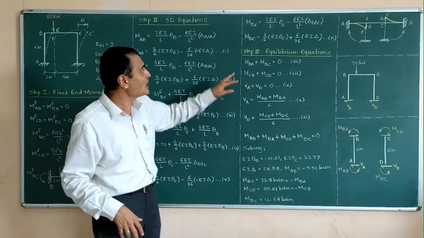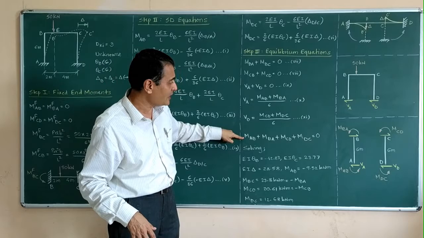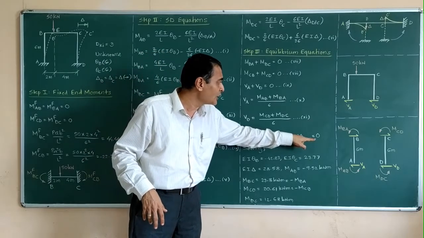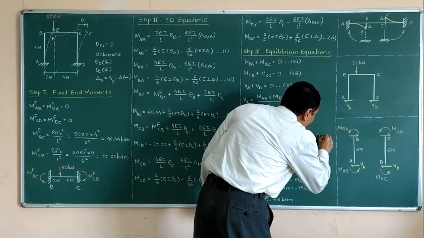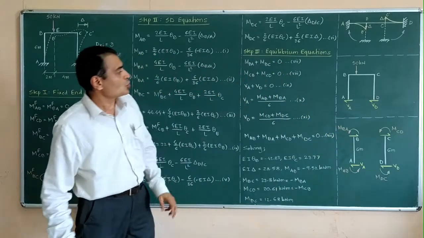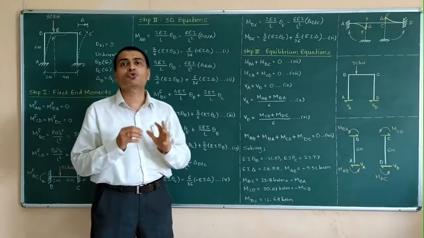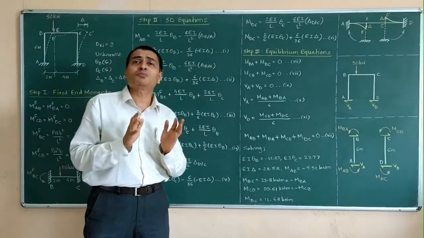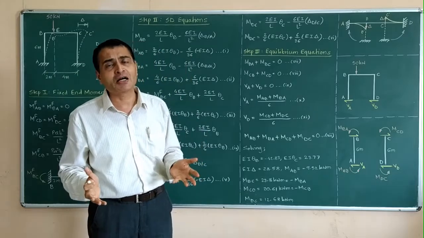In the same fashion, after writing these two equations, I will directly consider the equation here: M of AB plus M of BA plus M of CD plus M of DC equal to 0. Let us call this equation number 12. So equation 7, equation 8 and equation 12, once you substitute from all these equations' right hand sides, they will become 3 equations in 3 unknowns, theta B, theta C, delta.